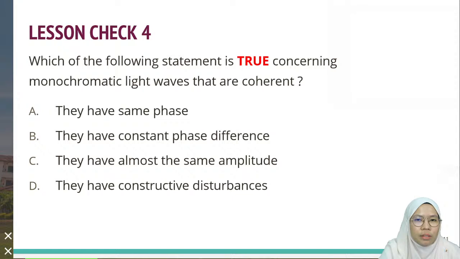Right, then we go to lesson check 5. Interference is observed only when the phase difference between the two waves is 0. So the answer is false, because for